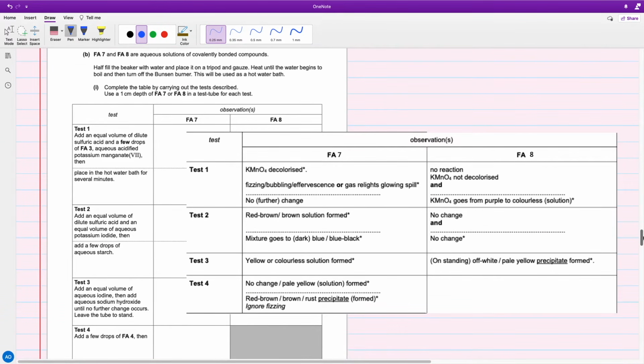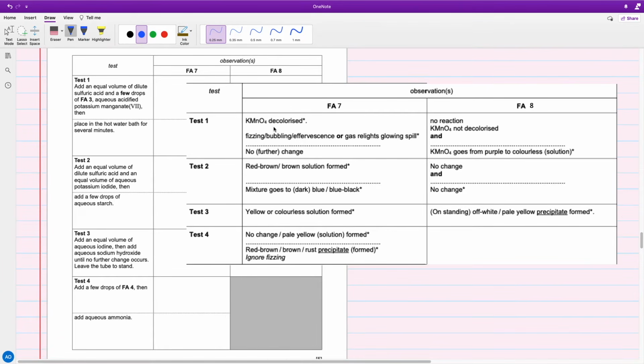Okay, so here's FA7, FA8. They gave us the test, now we're just going to place our observations. These are the observations that were given in the marking scheme. So going through these tests, make sure, like I said, to place all your observations, whether it's sound, what you see, what you smell. In this case, there is nothing that you're smelling, but